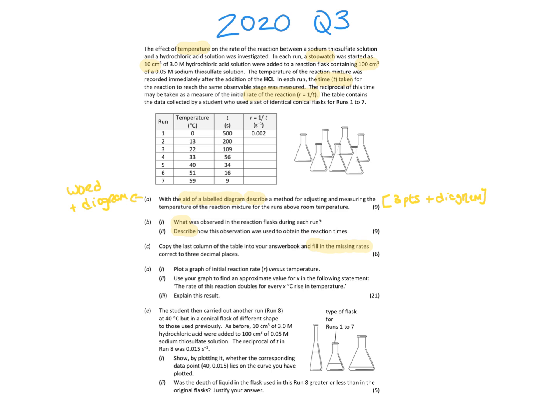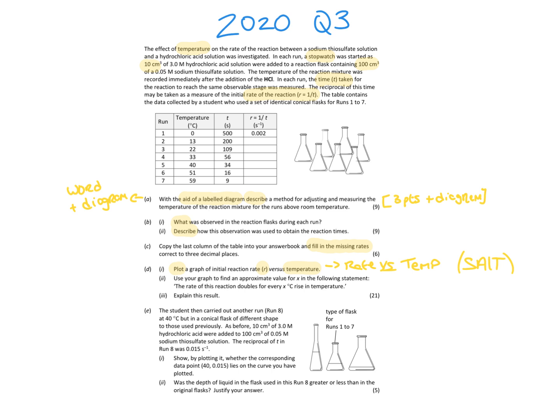Part D is going to ask you to plot a graph of rate versus temperature. So that's very important there. Like I mentioned in the previous video, you need to check if it's rate or time. So in this question, it's rate versus temperature. And of course, make sure when you're drawing your graph that your graph has scale on it. Then it says use your graph to find an approximate value for